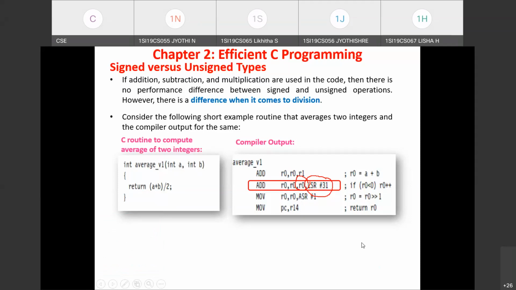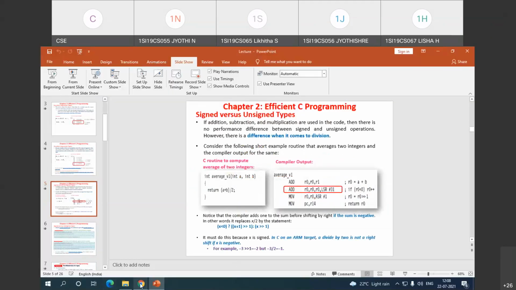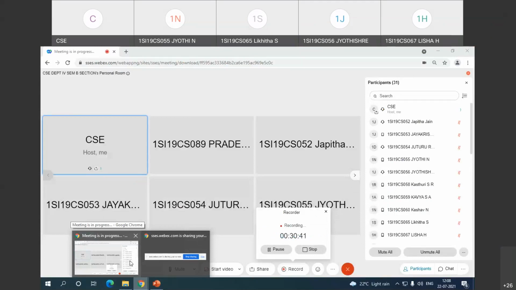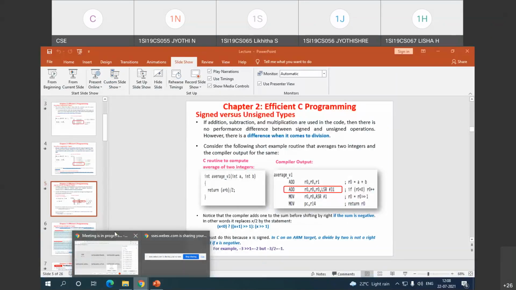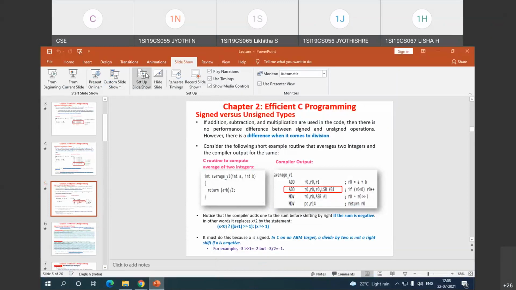It will be 1, right? Are you all following? Yes or no? Yes, ma'am. Okay. If you don't respond, I cannot come to the conclusion whether you are following or not. Kindly respond.